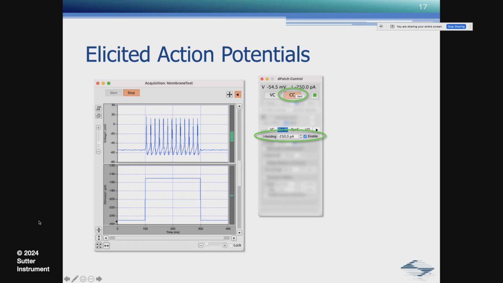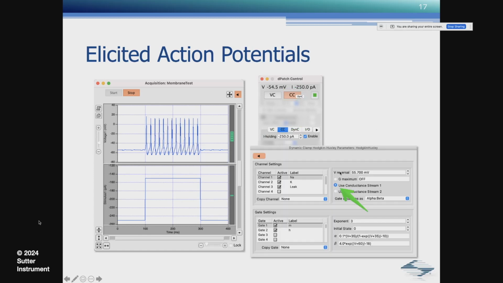That is because my model cell is a passive model cell, just a passive ohmic and capacitance model cell that doesn't have a resting potential, so I'm mimicking in essence a resting potential. If you do something like this to a real cell, that cell might not be all that happy, because keep in mind, if you inject a steady current, you're moving charges. That means you're changing the ionic composition in the vicinity of the cell. You're either depleting or enriching ions potentially, so you probably don't want to do that with a real cell.